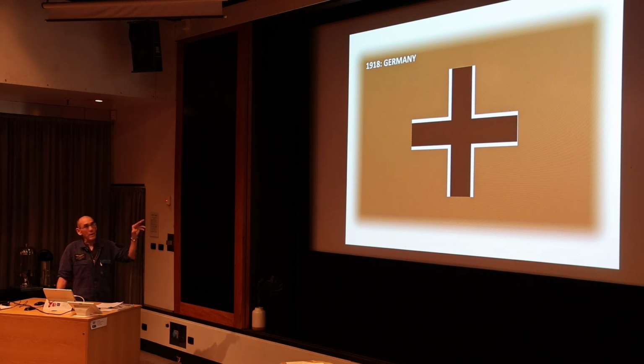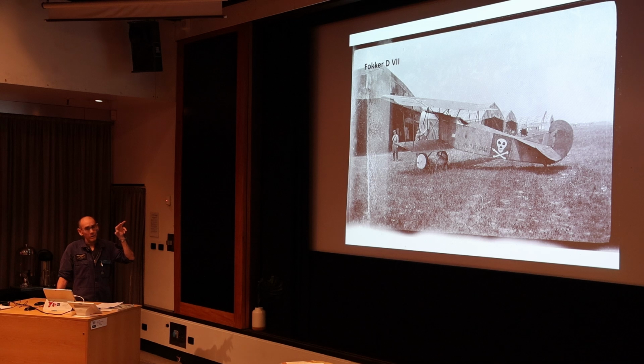The thing is, during this time, there was not a lot of standardisation. The markings were simply promulgated. We want you to put a big black cross on top of the wings. They didn't actually supply any measurements, so there's a huge variation on the widths and sizes of these things. So you see on this Fokker D7 there, we've got our two crosses on the top of the wings. We've got an aircraft serial number down there, not on the rudder for some reason. The Germans preferred it down on the side there. But we've also got this personalised marking in the place of any sort of roundel on the side. And World War I was sort of a...